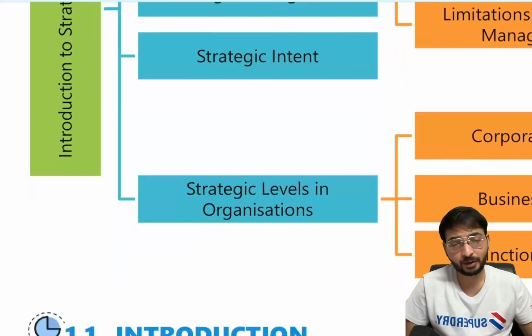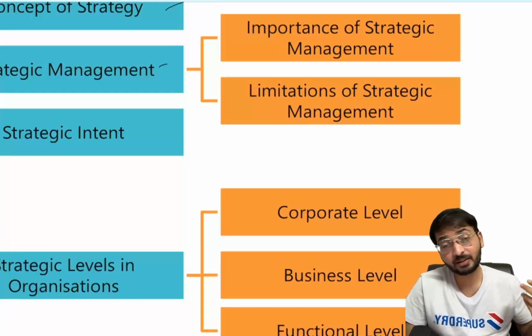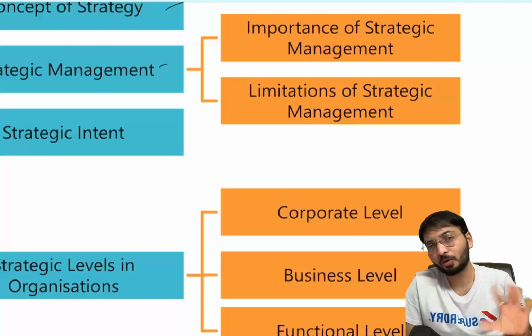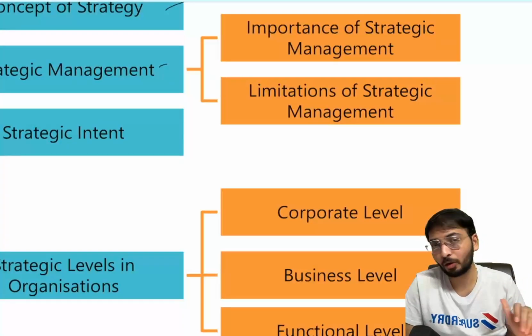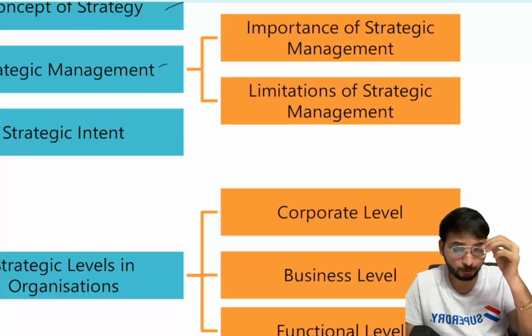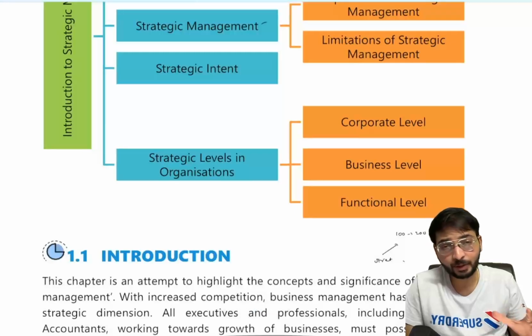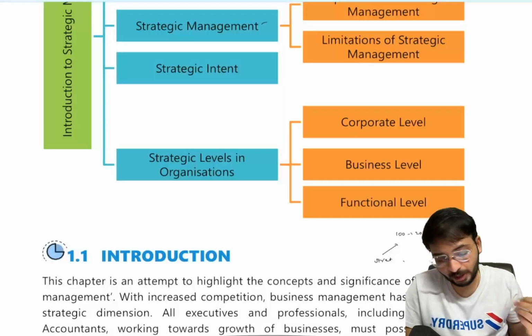After that, we have mission. Mission is where you are right now at the current level. Next, goals and objectives. What is the difference between a goal and an objective? A time frame attached to a goal is called an objective. Again, we have short-term objectives and long-term objectives. Then we have values. Values are your deep-rooted principles.